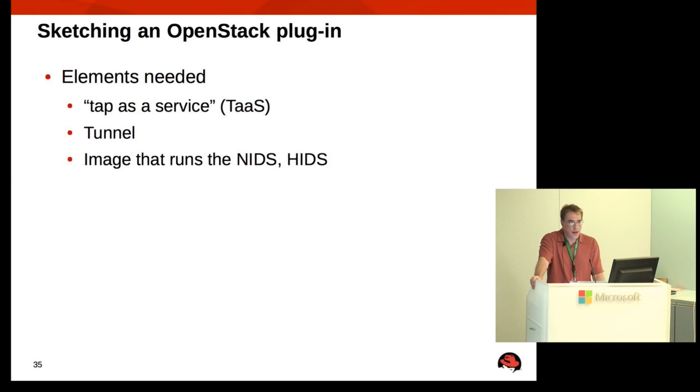Now, in OSSEC, when it finds something malicious happened, then it will generate an alert. That's an example alert when somebody tried to use the wrong password. That in turn can generate what's called an active response, which